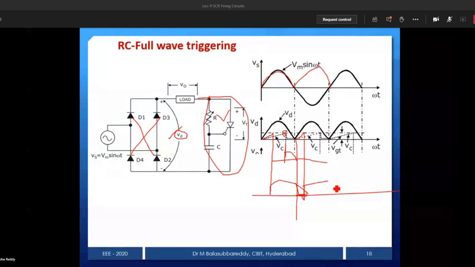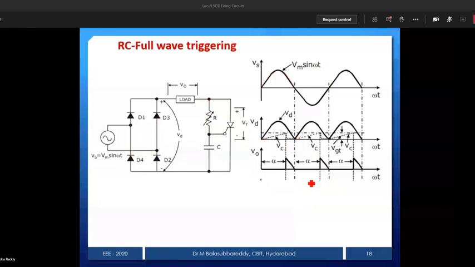So now we can see this. This is the output voltage. If the alpha value, I mean the R value, is a little bit large. If the R value is reduced, again this pulse will come somewhere here, because it takes less time to trigger. So with that you overcome the drawback of 0 to 90 degrees and the negative half cycle, everything is overcome. This is the way you are able to control the RC full wave triggering.